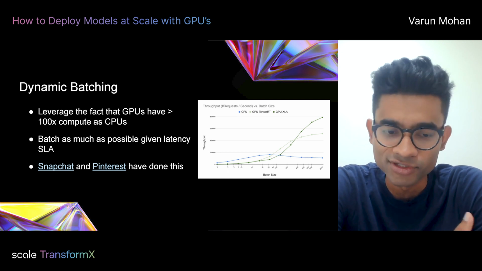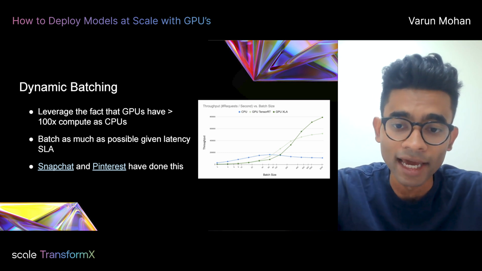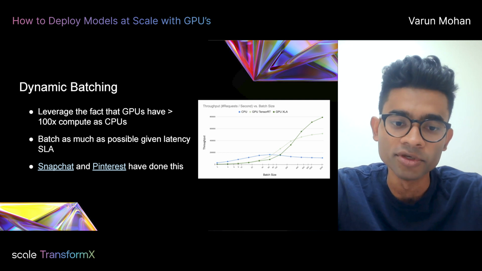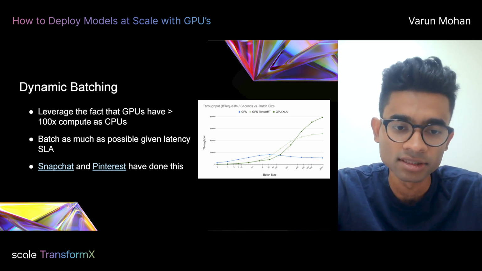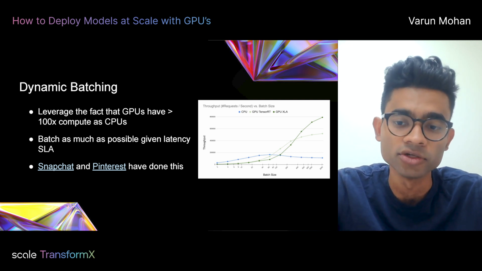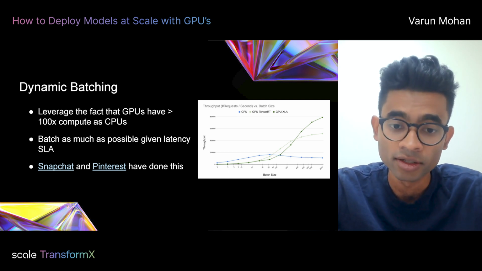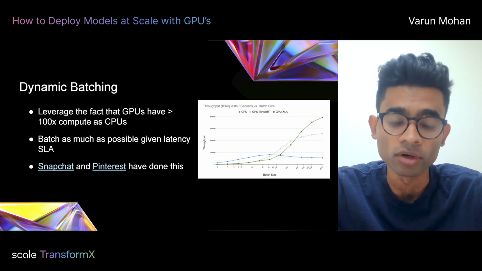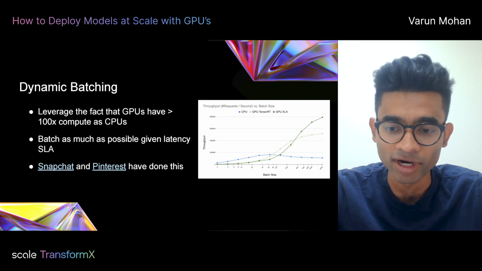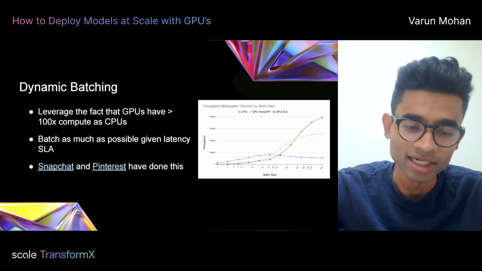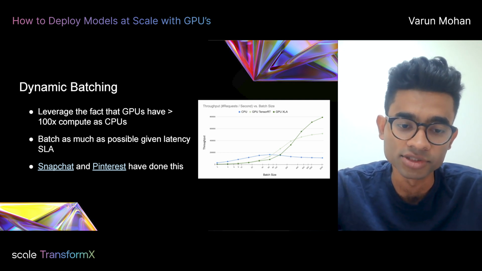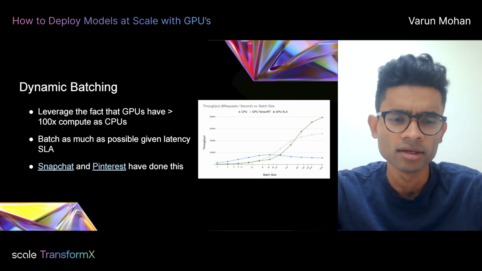But one thing is for certain: at least for NLP and recommendation style models, because they don't do a lot of compute per inference, to saturate the GPU's compute, you need to do batching. And this goes back to the point I talked about earlier, which is that GPUs have maybe only an order of magnitude more memory bandwidth than a CPU, but they have 2 orders of magnitude more compute. What this means is for every single weight that you read, you need to do tens to hundreds of computations to be able to saturate the hardware.